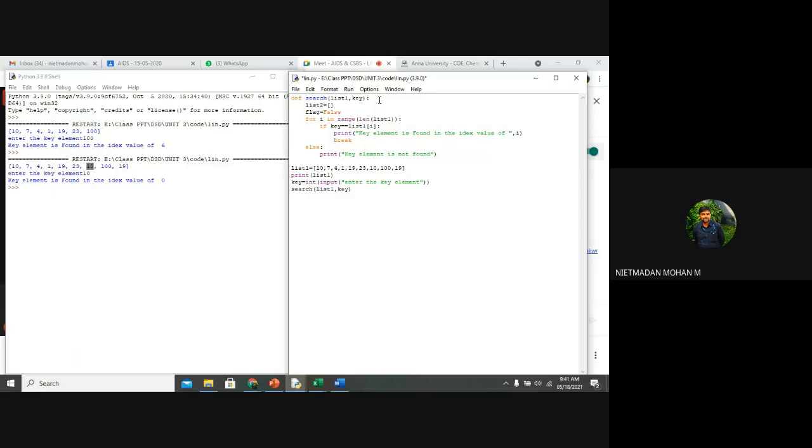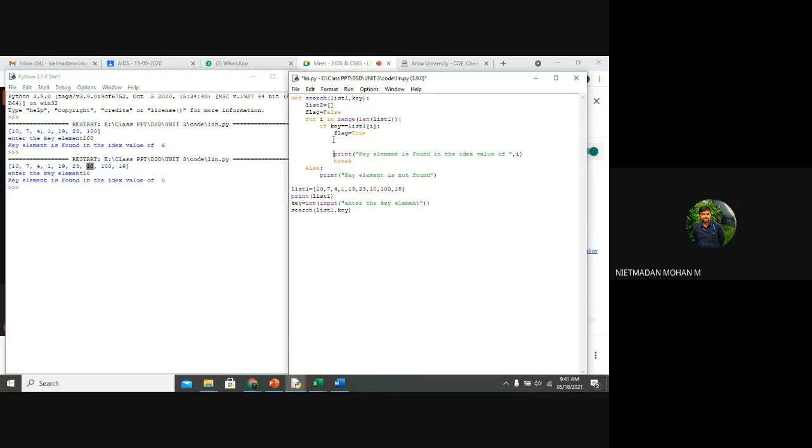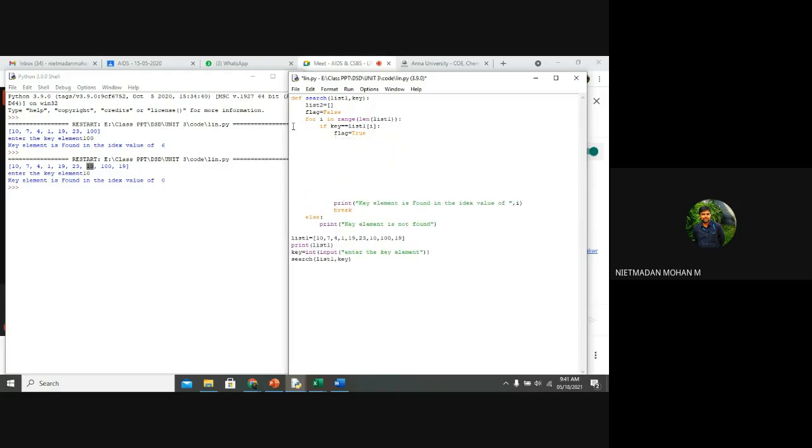That is the thing. So for i in range, if key is equal to list1 of i, then what I want to do here is change flag is equal to true. Just forget these lines of code for now.